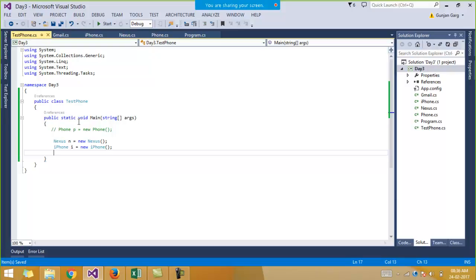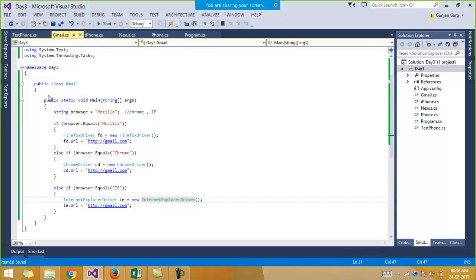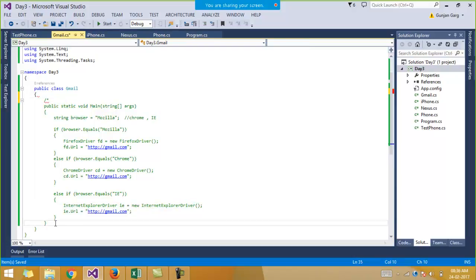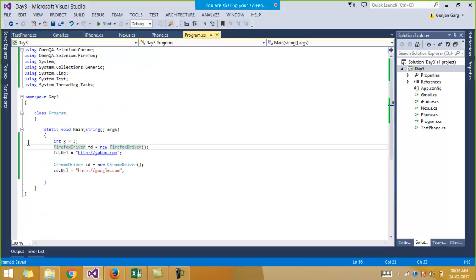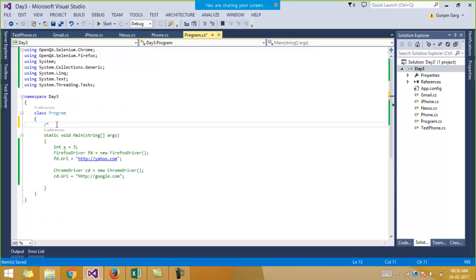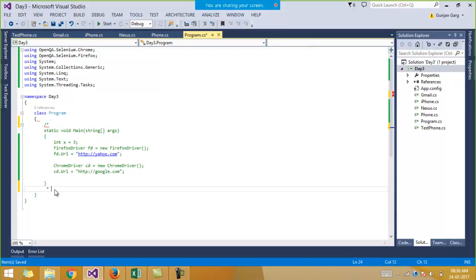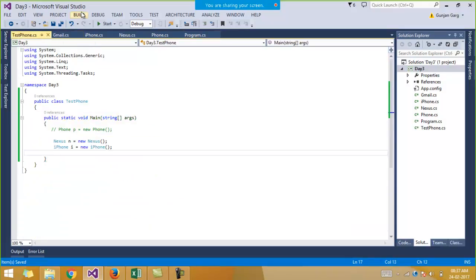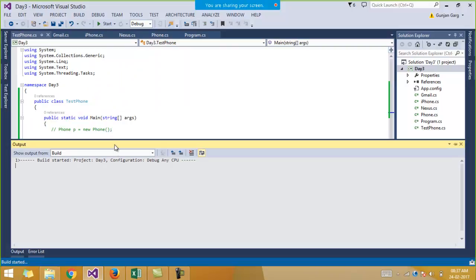Okay, right. So now if I run my script, I'll just comment the two main functions which are not required by us. Similarly in the program.cs class file as well, over here also. Then if I try to build my solution, the build succeeded and I run it.